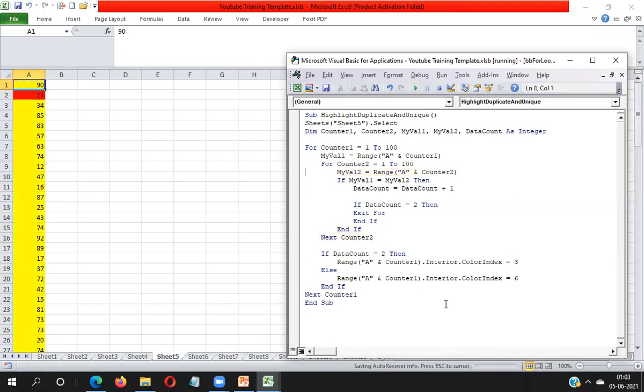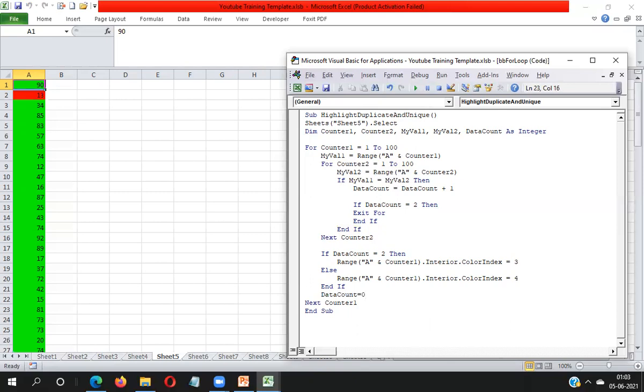Press F5. You can see here, sorry, something is wrong here. You know, 6 is yellow. I'm taking here 4. 4 means green. Okay, so I have made some mistakes. Actually, after highlighting the value, I need to set data count equal to 0.